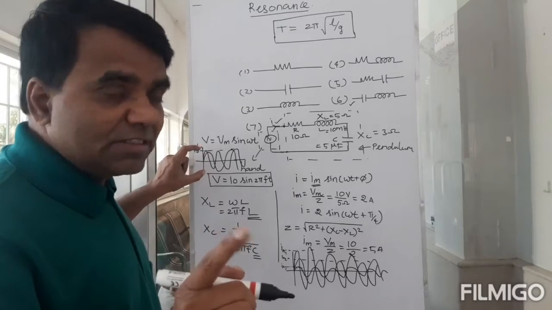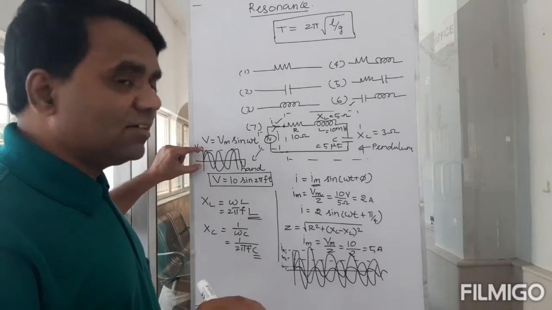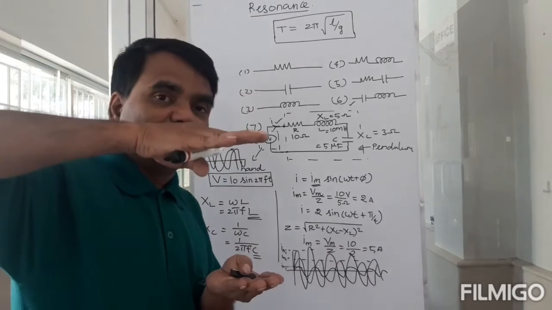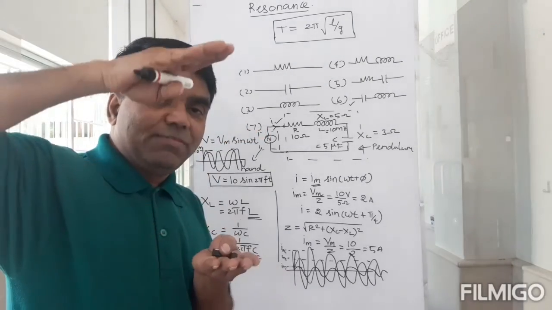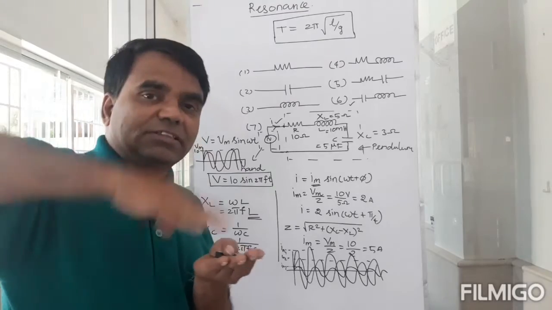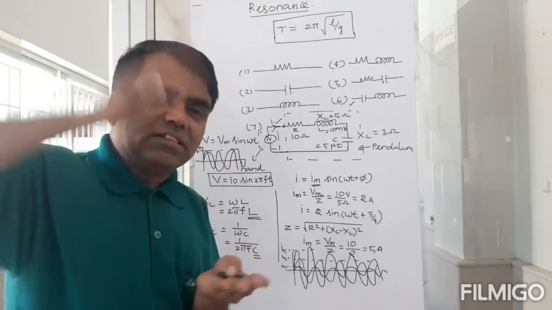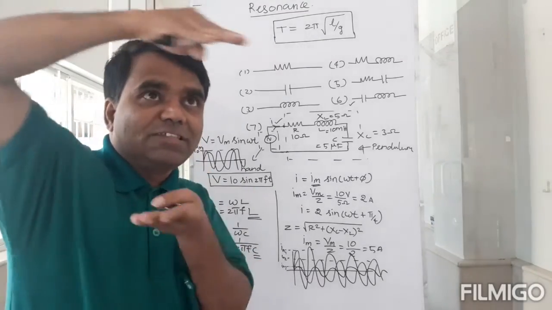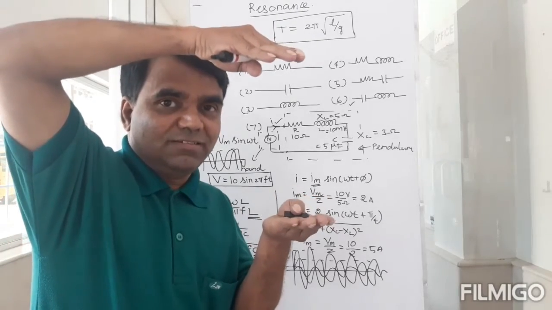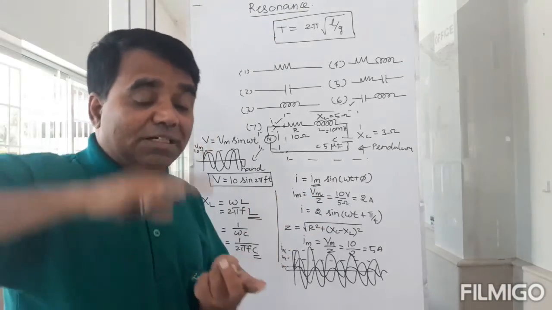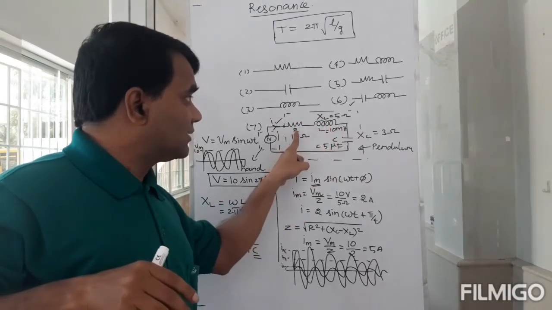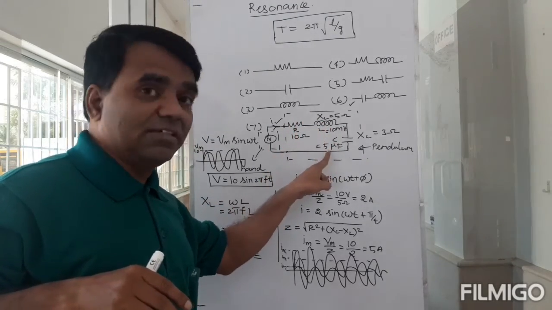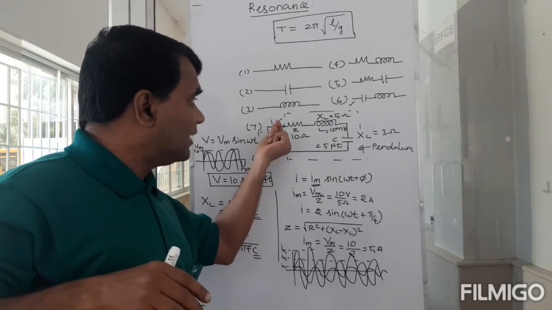If you change the frequency, the voltage need not change. I gave the voltage the same level, 10 volts, now 50 hertz. Now same 10 volts, now I have 100 hertz. Same 10 volts, 1000 hertz. But the maximum voltage is 10, that doesn't change. But if I change the frequency for the same circuit, the same R, same L and same C, the I